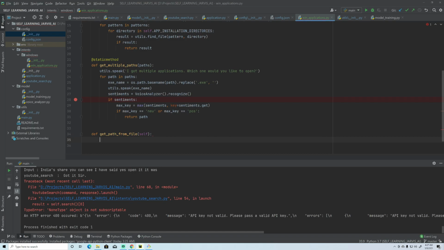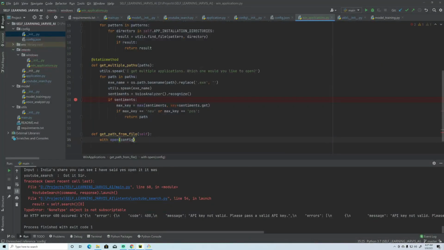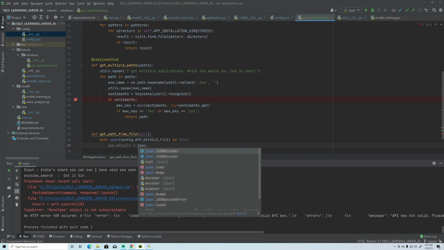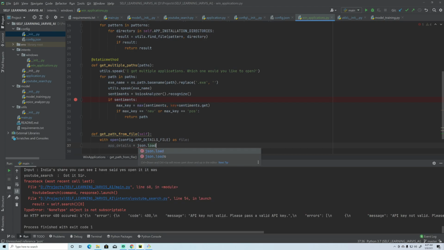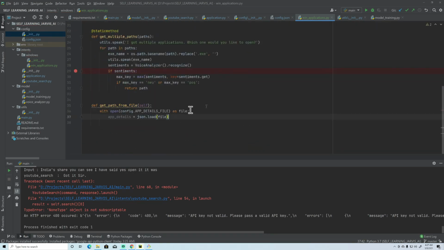For that, with open, I need to read that file, config.app detail file as file, then app details equals json.load the file. We are getting an error, so I need to import json also, right?